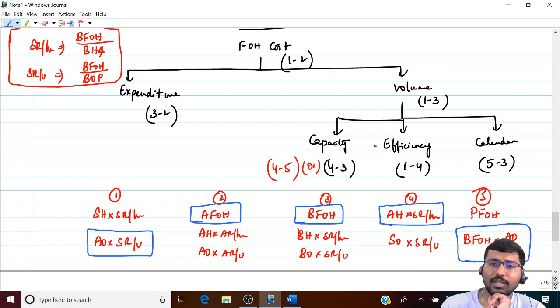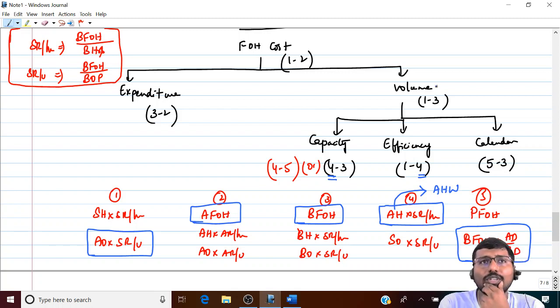My first question. AH means, you tell me, AHP or AHW? See there, think and then answer. You're seeing it now on the board. AHW. Common sense here. Formula 4, you see where it is coming? Here. It is part and parcel of volume variance. So obviously volume will be there only when you work.